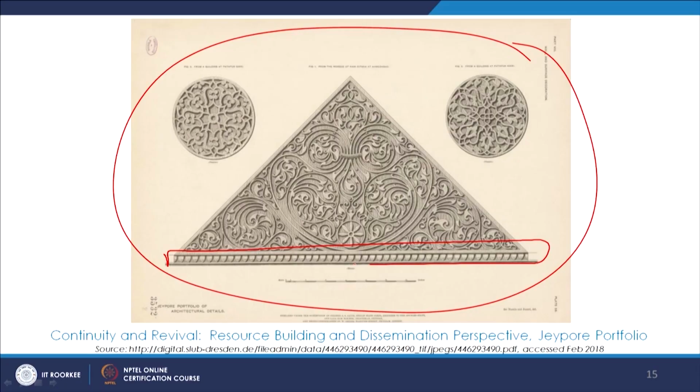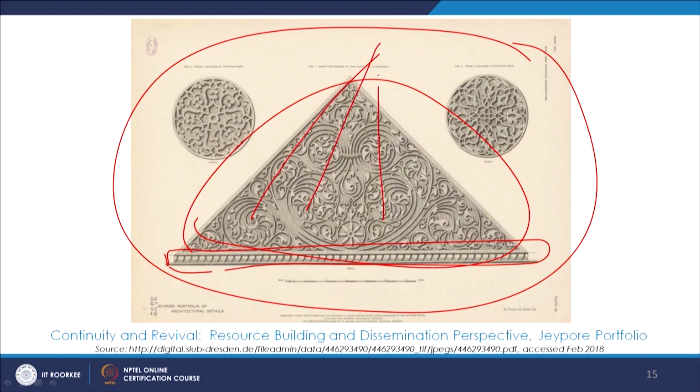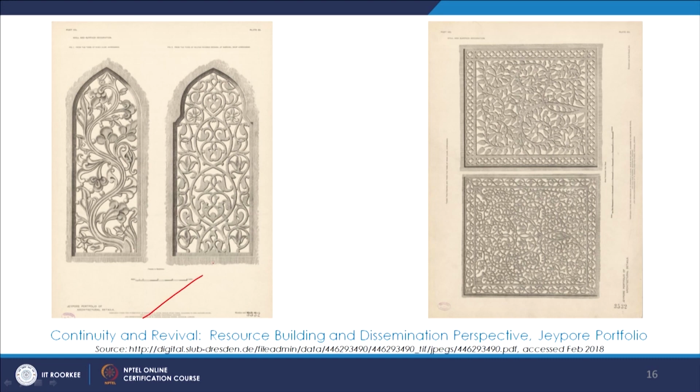It helps us understand this interrelationship that we have been trying to explore throughout this course. We talk about craft and architecture, and then we try to see how they are very innately interrelated at different levels. Some more details here, and the border details, and the details in this space. So all that is seen here in this portfolio. Some more plates over here, more details.